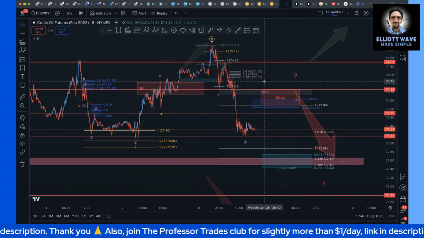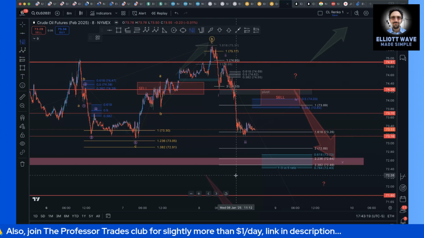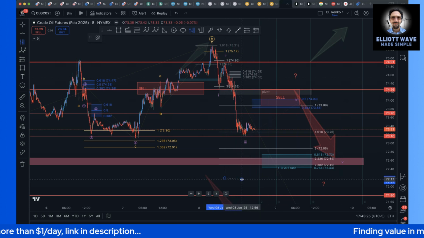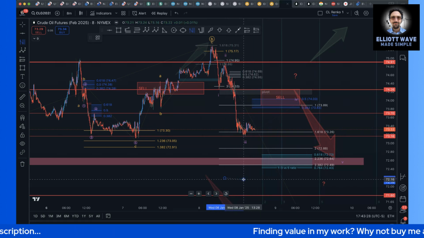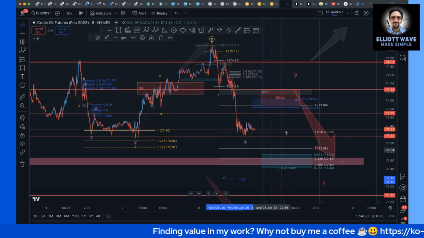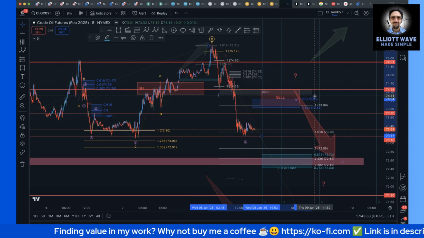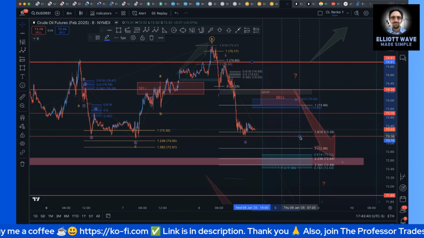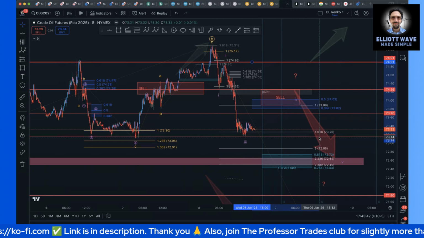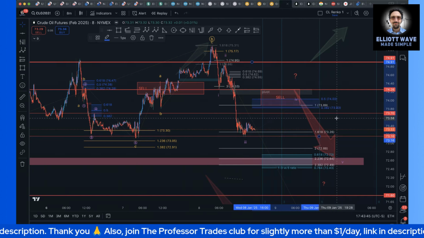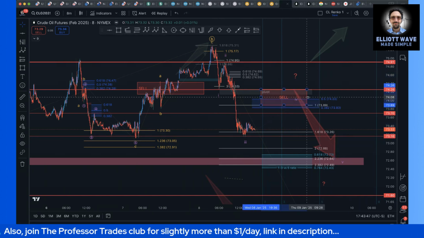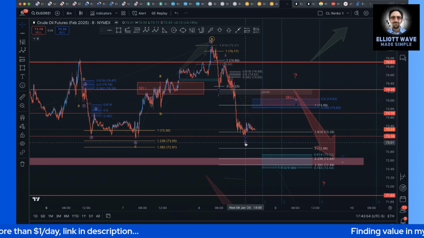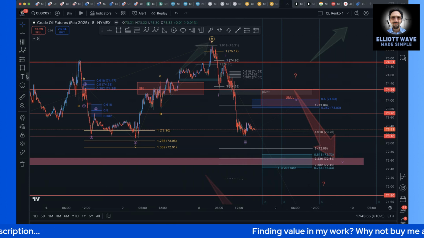Well, I'll tell you another way to think of this. I use a timing fib where I put this on the beginning of wave 2 and then on the bottom of wave 3. Now, again, this is speculative because I don't even know if wave 3 has really bottomed or not. But if it has, let me just move this over, 73.16, there's some guidance here in this timing. It's not the best guidance in the world because timing is extremely difficult. But the idea would be, if this really is the bottom of wave 3, then we do not want to